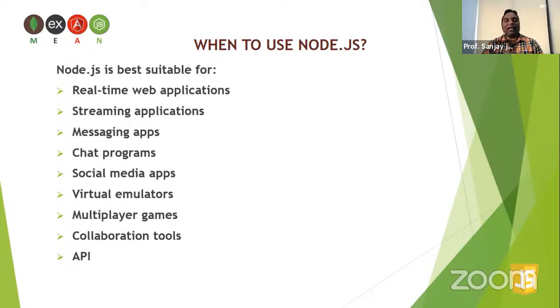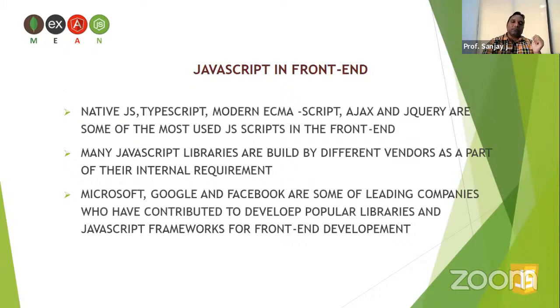Now APIs are very much in use today, because with the help of an API, your mobile applications can fetch data from the backend. That is called a REST API. And also web servers, one server can communicate with another server or a cloud server with the help of an API. So Node.js is used for all these purposes, and these are very popular applications nowadays. That is one reason Node.js has become so popular.